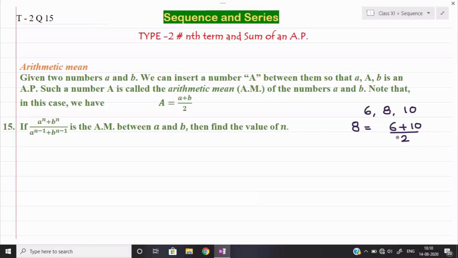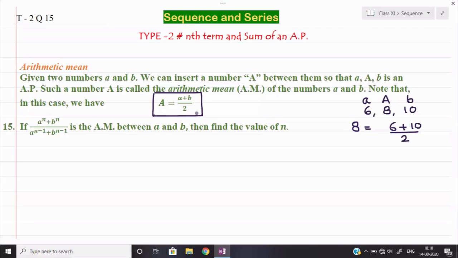Same thing will be happening here if the three numbers are given in AP. So here 6 we can say is my small a, 8 will be capital A and 10 will be here the value of b. So the relation will become here A is equal to (a plus b) upon 2. The relation is given here. That same relation we can note down here. Now see, in the question only the symbols are going to change. Then we have to find out the value of n.